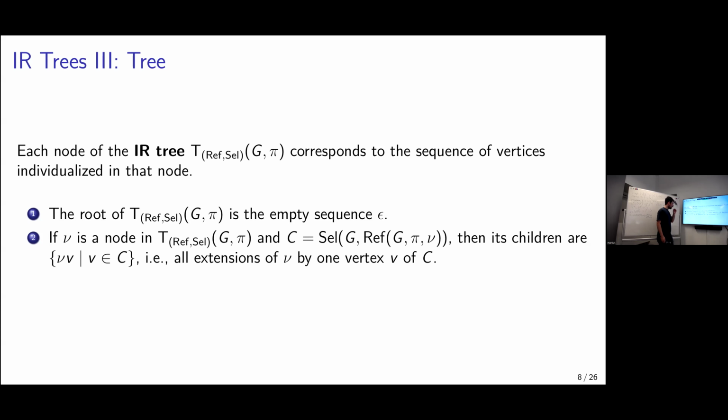Okay. And then we have selected this color class, and then the children of the node in the tree are just the sequence of where we are in the tree, extended by this one more individualization. So we just add one more individualization to the sequence that we already have. And so this just formally matches this intuition. We start out with the empty sequence, and then we individualize further and further,